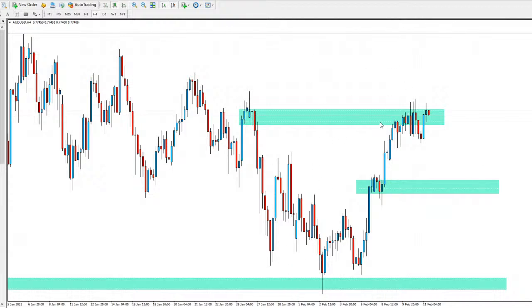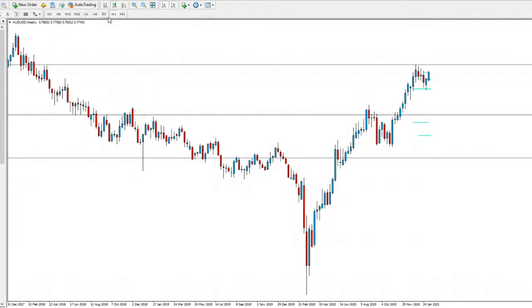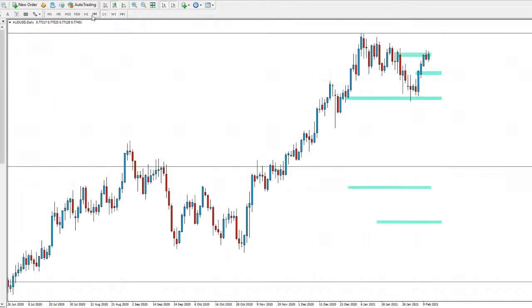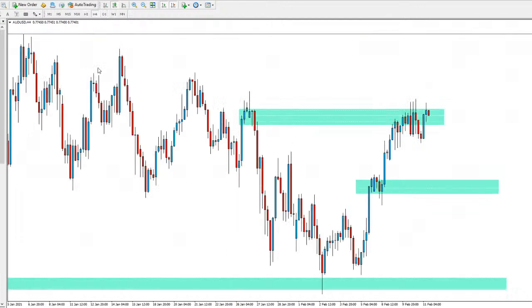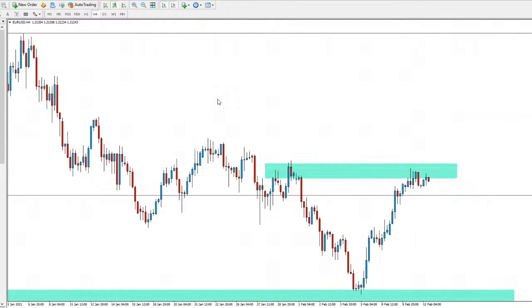So again, it just depends if price wants to hold at this level or break through it. If it has a strong break and holds above, we could actually be coming back to highs potentially for AUD and just continue the overall trend on the high time frames of the daily, the weekly, and the monthly. That is still very much possible. But for now, we're smack bang in the middle of that resistance, and it just depends if price wants to hold there or not. Like I said, if we do hold, we could be seeing a nice move into that level. If it breaks and holds above, we could be seeing price come all the way to the highs up there.